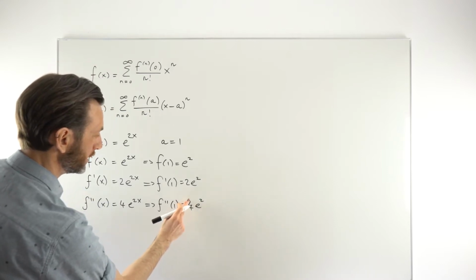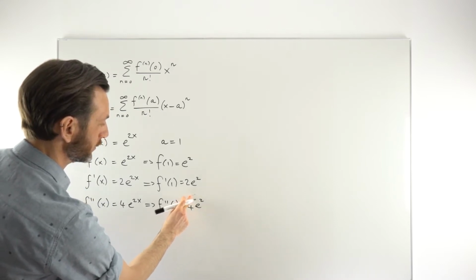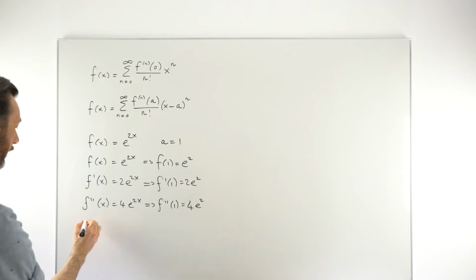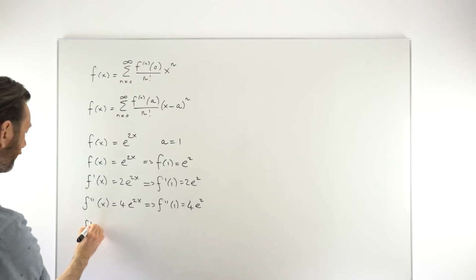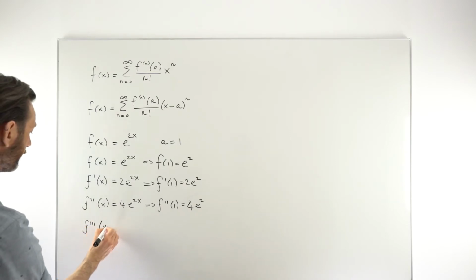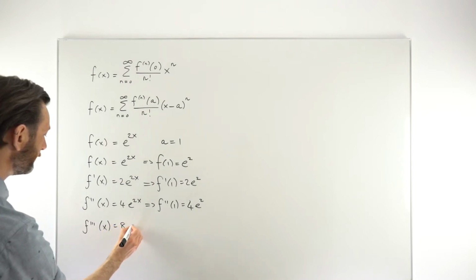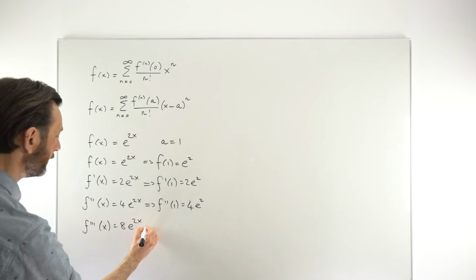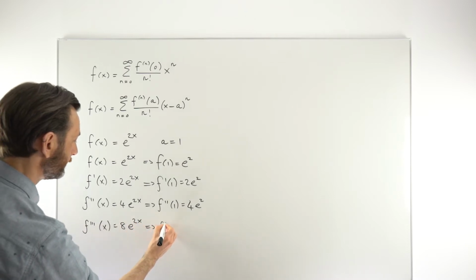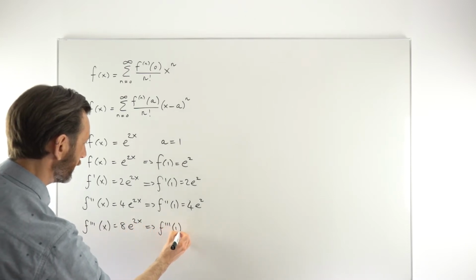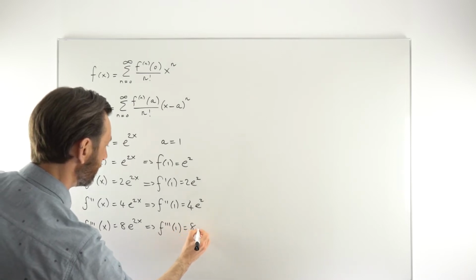I wanted to make that 2e to the 2 again, but 4e to the 2, like that there. Okay, and we'll maybe just do one more. That should be enough for illustration. So the third derivative is again just multiplying by 2, so 4e to the 2x, which implies that the third derivative evaluated at 1, you can see the pattern is just going to be